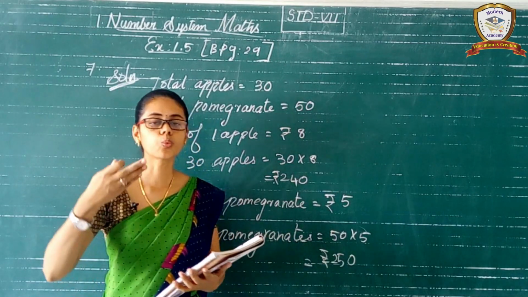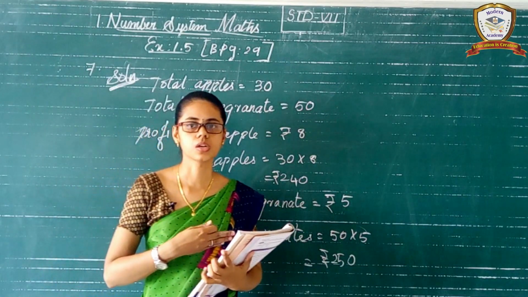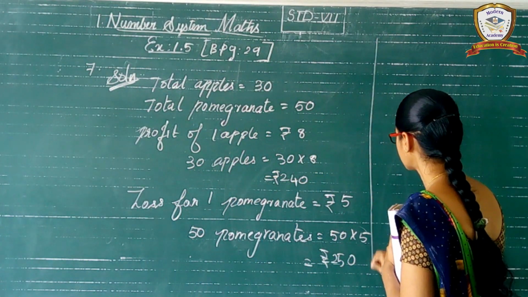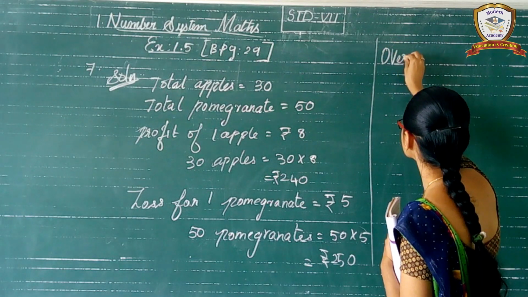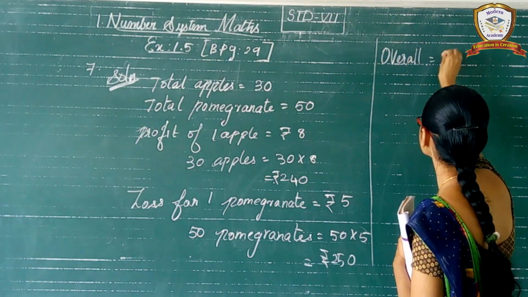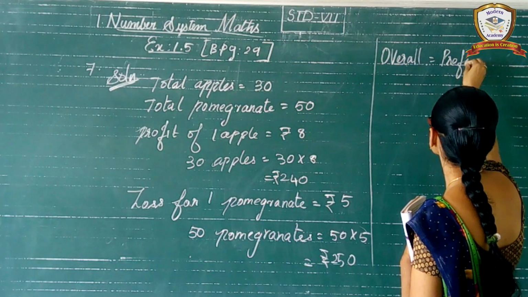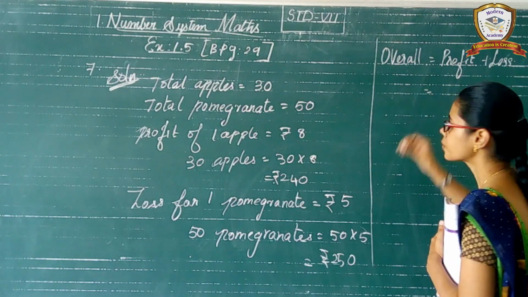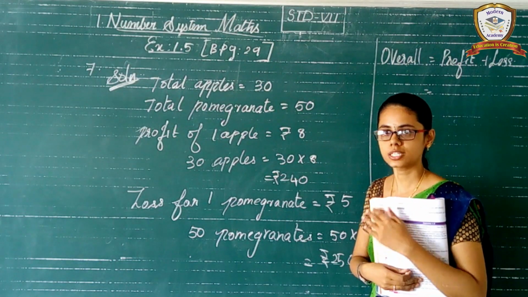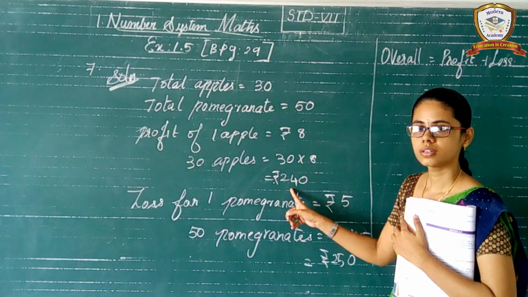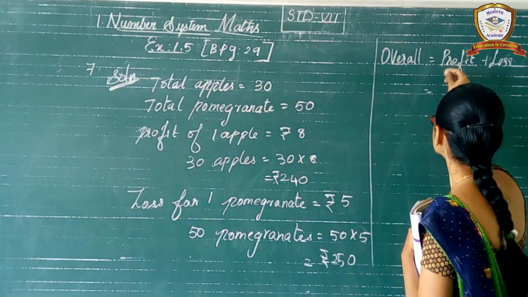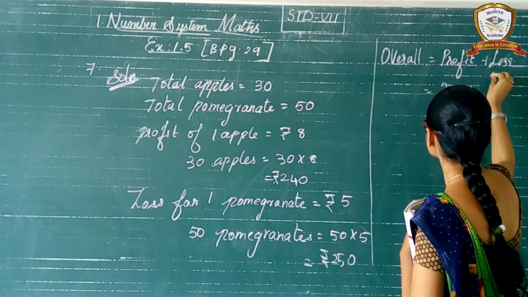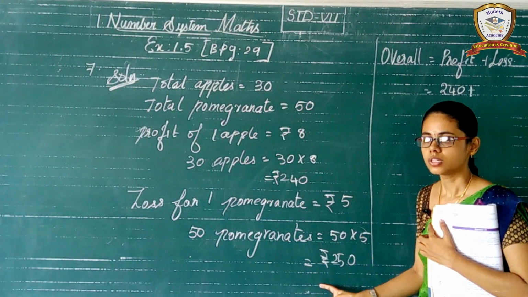And the third line, what do they ask? What will be her overall profit or loss? We have to find the overall. Overall equals profit plus loss. Profit means gain, which means plus. So profit they will have 240 rupees, plus the loss amount. So the loss amount will be